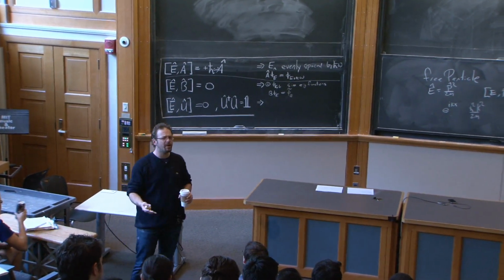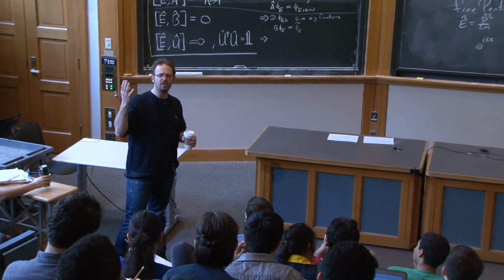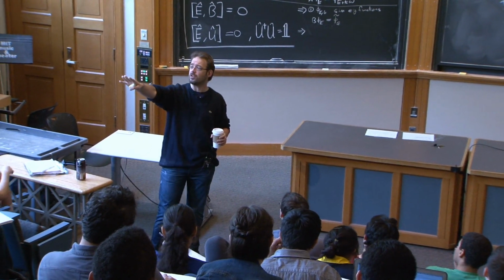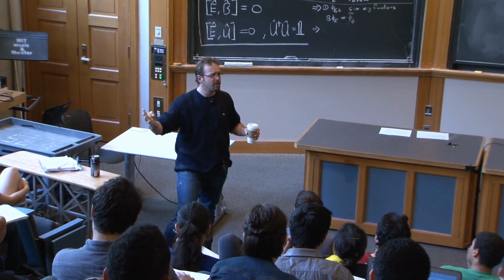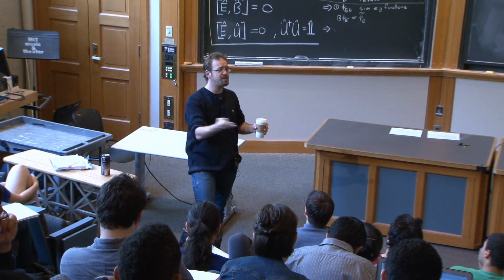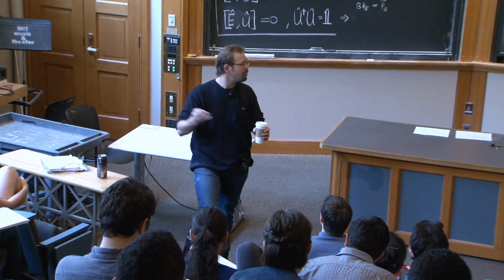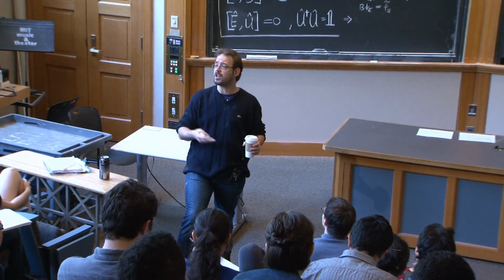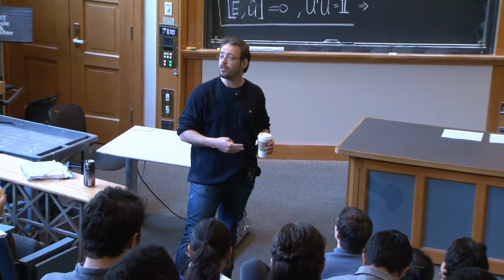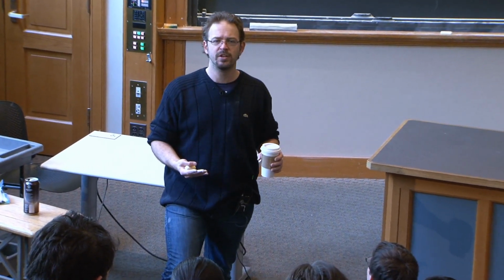So the question here is, wait a minute. I thought a basis had to be a complete set. If you had an energy operator and you constructed the energy eigenfunctions, this is a very good question. Thank you. If I have the energy operator and I construct its energy eigenfunctions, then those energy eigenfunctions form a complete basis for any arbitrary function. Any function can be expanded in it. Right? So for example, for the free particle, the energy eigenfunctions are e to the ikx, the momentum eigenfunctions, for any value of k. But wait, how can there be multiple states with the same energy?